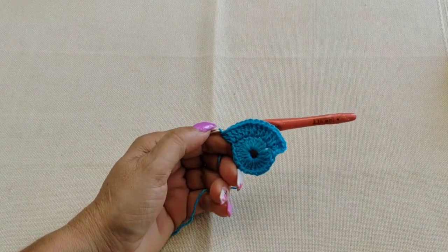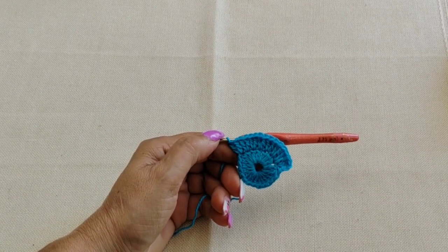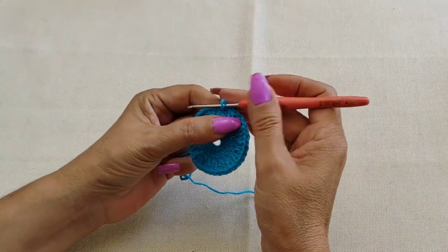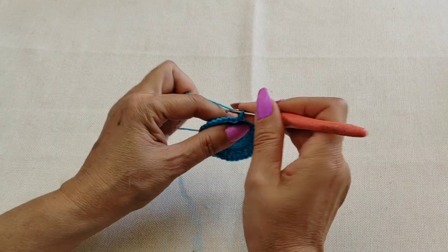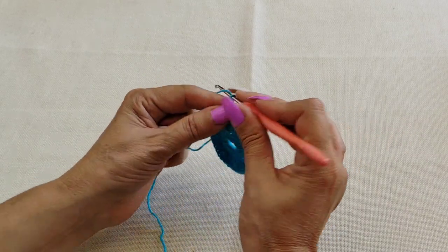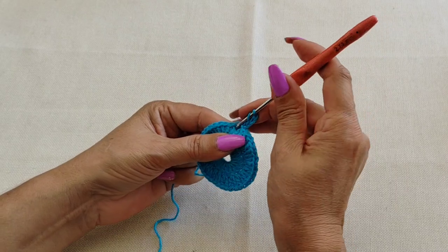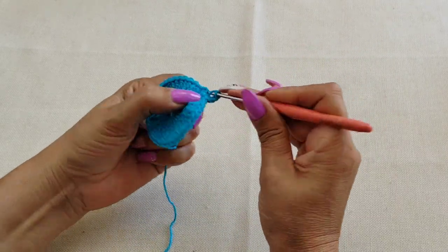Okay, so 2 double crochet per stitch, 40 double crochets total. Okay, so going into row 3, I've closed in with slip stitch, coming back in the same one, single, 2 chain, that's my first double crochet, and 1 chain for space in between them, into the next double crochet,